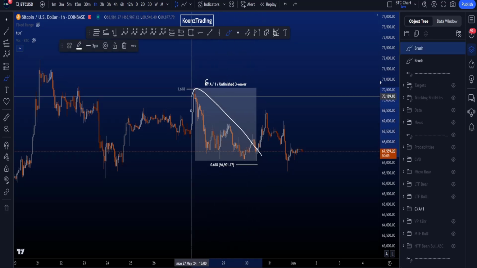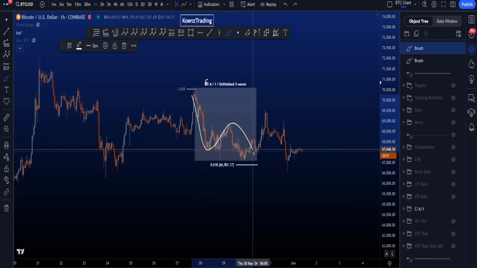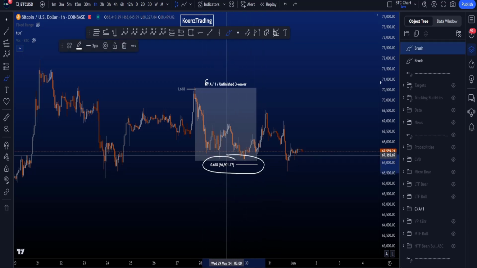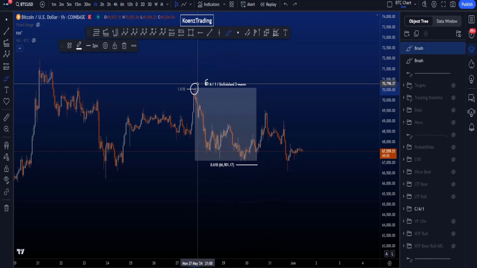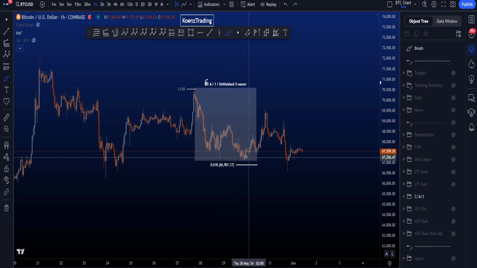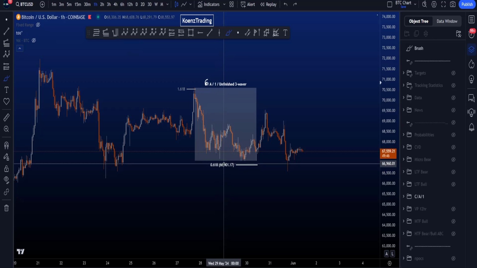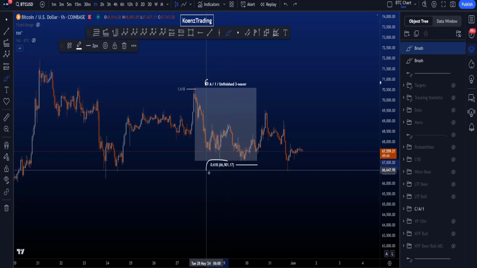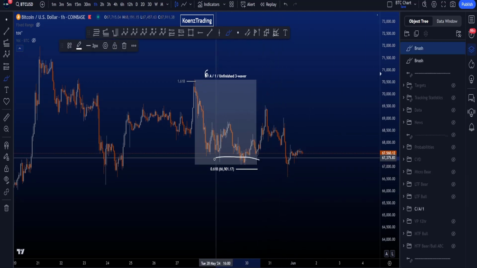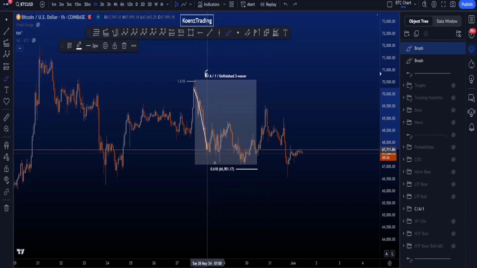Now then let's talk about an unfinished 3-wave structure. If this is a finished 3-wave structure in either an ABC or a WXY, then you actually want to see price hit the 0.618 trend-based fib extension taken from the high to this low to the high over here. The 0.618 is a minimum target for a wave Y and for a wave C as well. And for a wave C, the 0.618 is even a rare target. But what you can see is that price did not hit the 0.618, reducing the probabilities that this is a